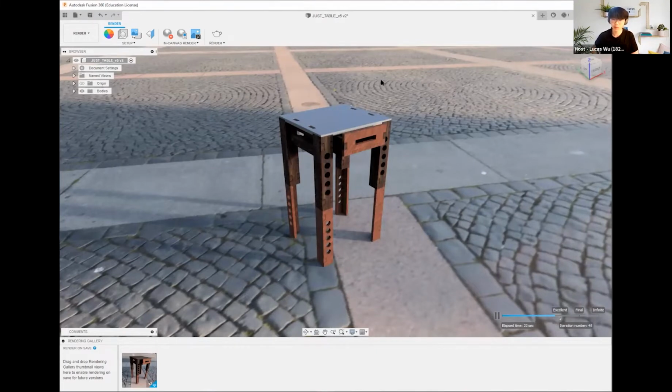So when you first run it, it starts out blurry and it gets more and more clear. As you can see in this bottom part, it tells you elapsed time and how many iterations it's been, how many calculations have taken place since it started rendering. And it gives you bars of excellent, final, and tells you about when you can maybe take pictures, right? So if you want just a quick picture, you can go ahead and just take a screenshot of this. But like Isha mentioned earlier with Onshape,